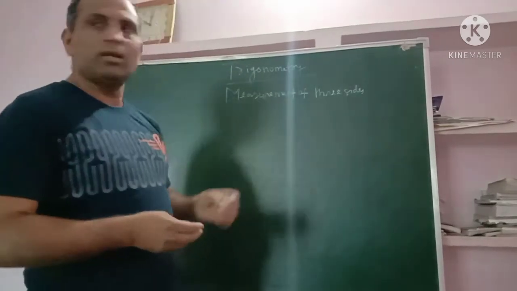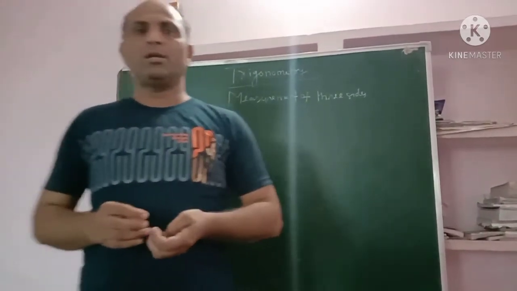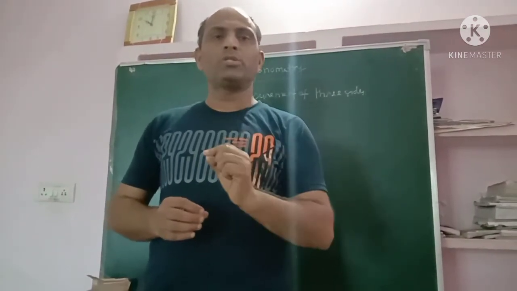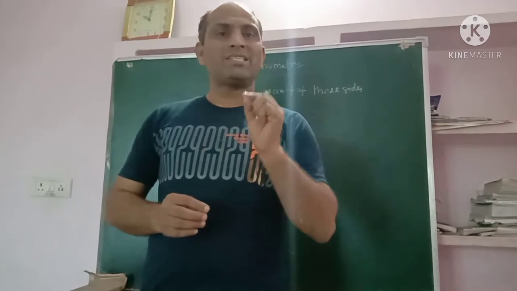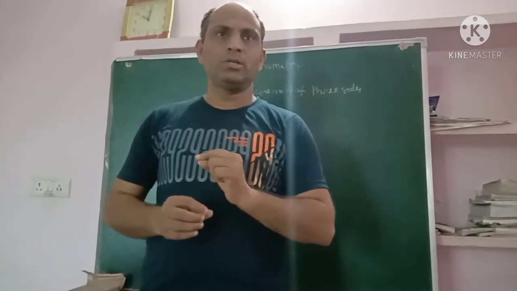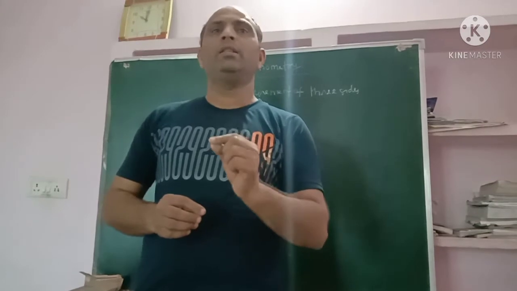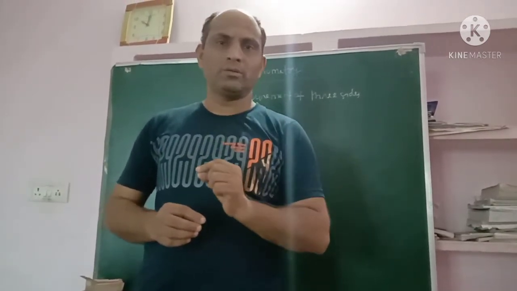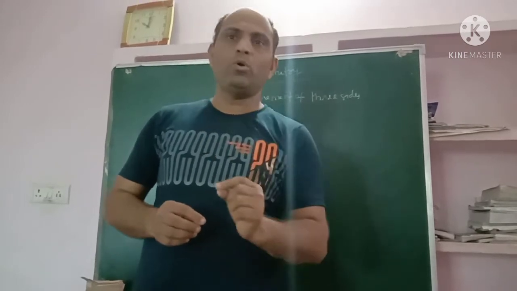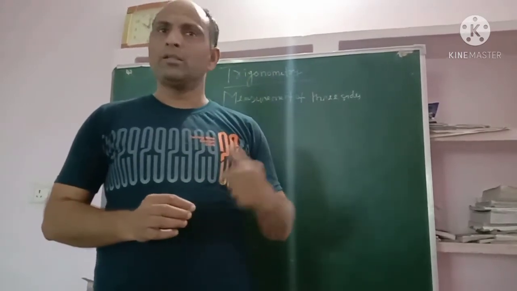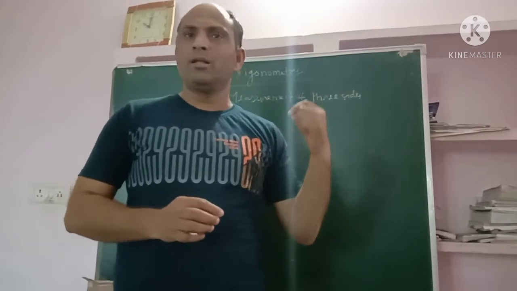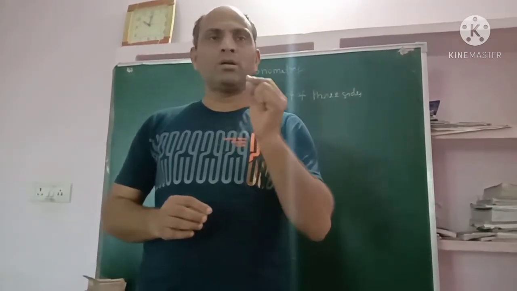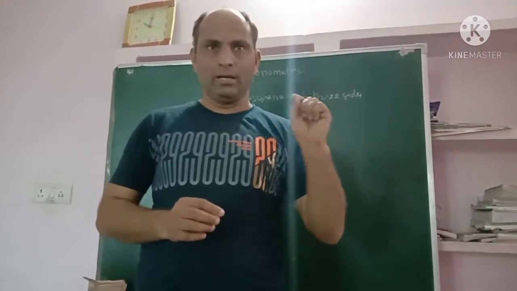In trigonometry, we measure the three sides and three angles by using the 6 trigonometry ratios. Each trigonometry ratio is the ratio of two sides. So if we know two sides of a triangle, then we can find the third side by using the Pythagoras theorem in a right angle triangle.